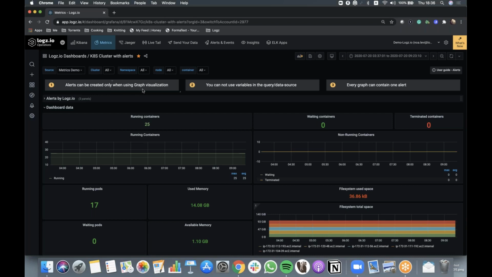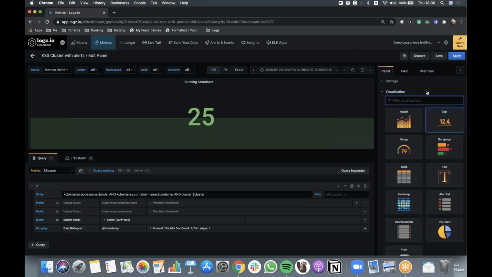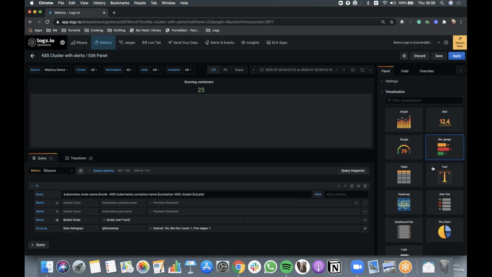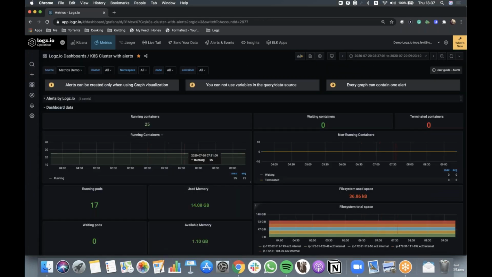visualization. What does that mean? Let's take, for example, the first visualization here. Once I click on Edit, I do not see the alert option. It does not appear. The reason is the type of the visualization. This is state type. If I change it to graph, you can easily see that the tab appears. If I change it to anything else that is not graph, this tab just does not exist. So the first rule you have to remember, if you want to create an alert, you have to have a